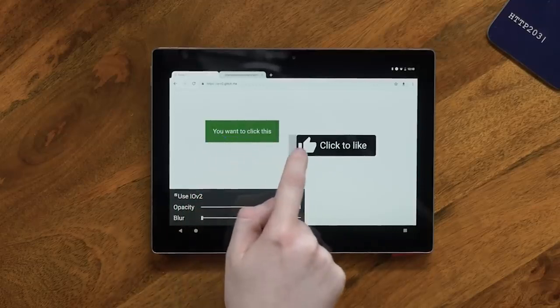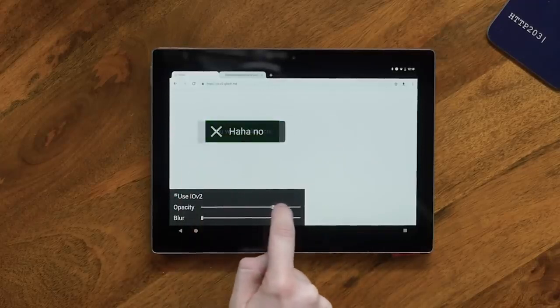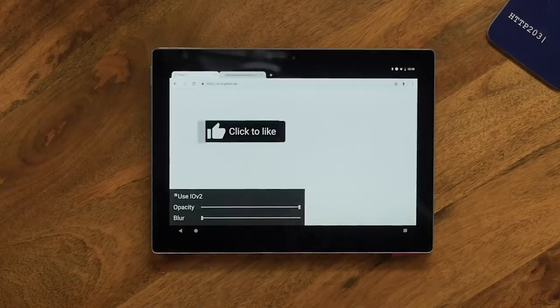So I'm going to try the hack now where I'm going to put the button over there, and I'm going to change the opacity. And as soon as I change the opacity, it's like, nah. Can't tell for sure, I guess. They're being conservative about this, aren't they? Absolutely. And that's the aim of this right now. It doesn't care so much if there's false positives. Yeah. They don't want false negatives, right?